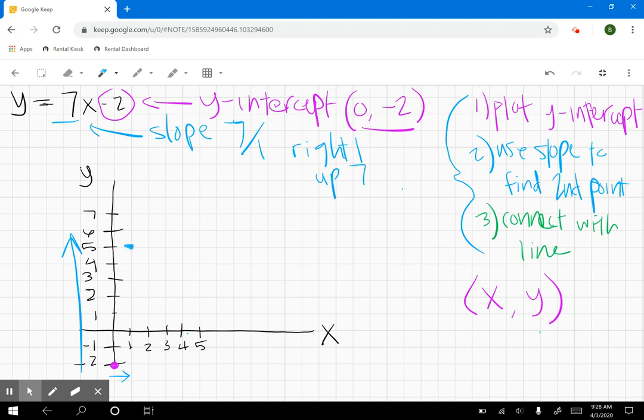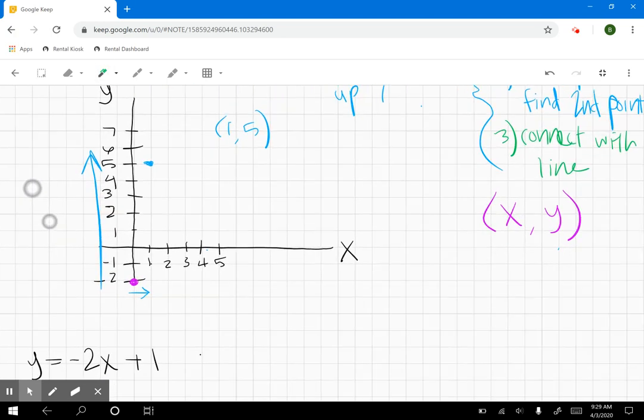So we have the point 1, 5. So if we add 1 to 0, we get 1, and then we add 7 to negative 2, we get 5. Okay. Last thing I'm going to do to graph this is simply connect these 2 points with a line,